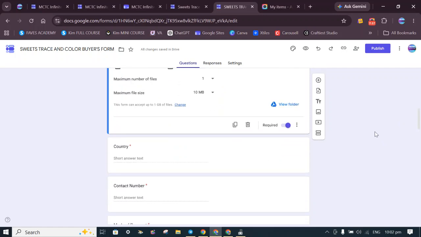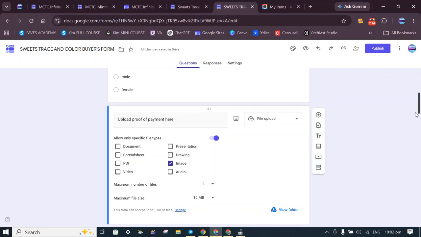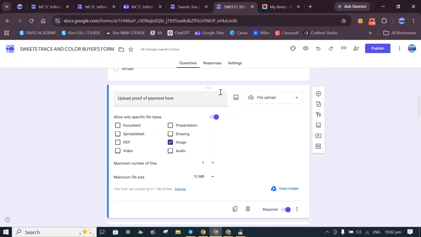And then after that, let's say you accidentally misplaced the question. Dapat yung question na to is under siya sa QR code mo, 'di ba?